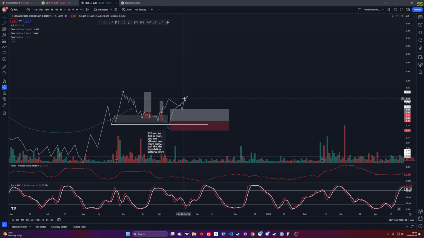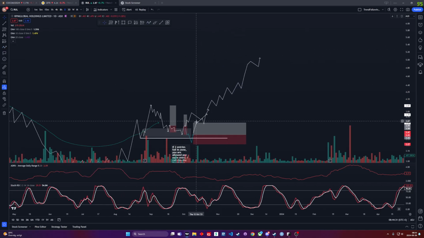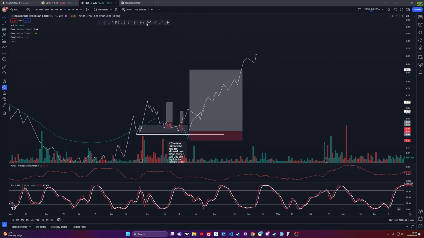So then let's say price, you get your reversal, right? You get your reversal. Fantastic. Then we'll look to take it higher. And then your exit criteria is the 10-day moving average. Let's say this is the 10-day. Let's make it yellow. If the 10-day moving average,